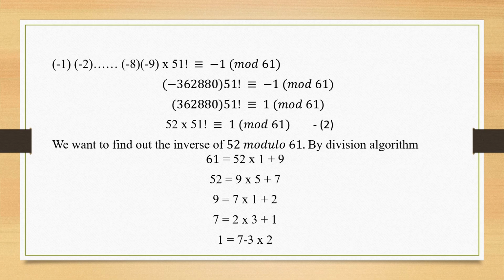So by division algorithm, you know how to write the inverse of these equations using division algorithm. A small recap of division algorithm: Dividend is equal to the product of quotient into the divisor plus the remainder. So when I divide 61, the dividend, by 52, the remainder is 9 and the quotient is one time. So this is how I just write the reverse one after the other.